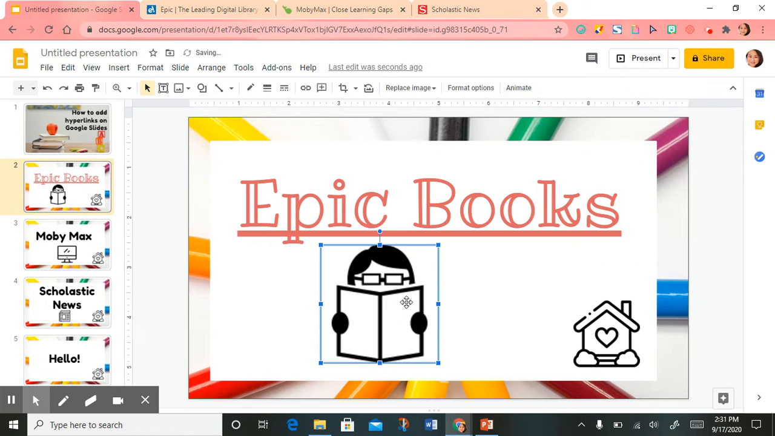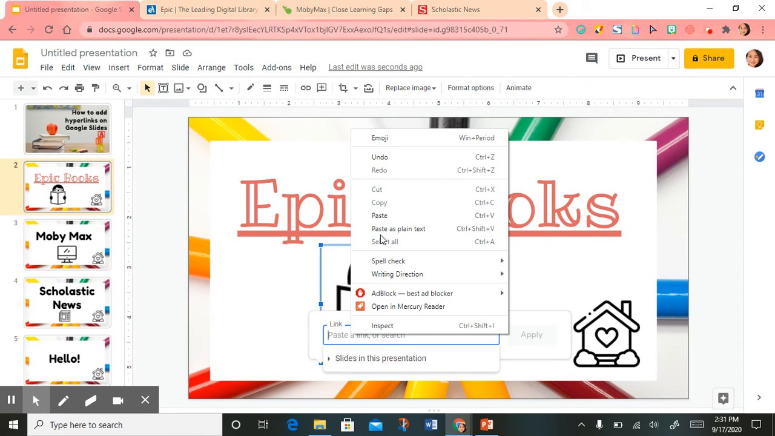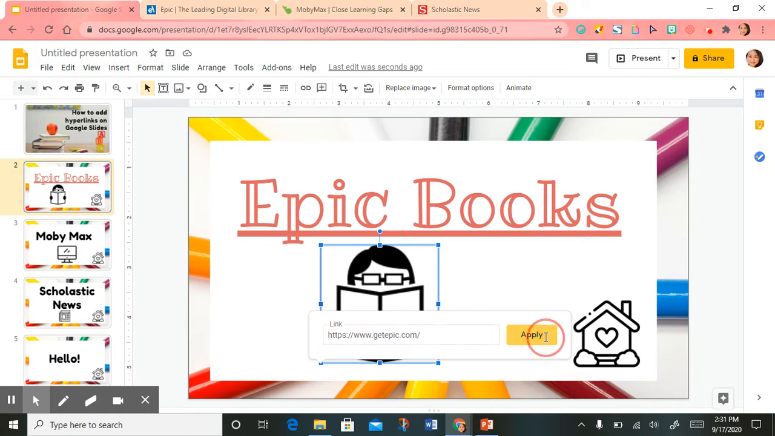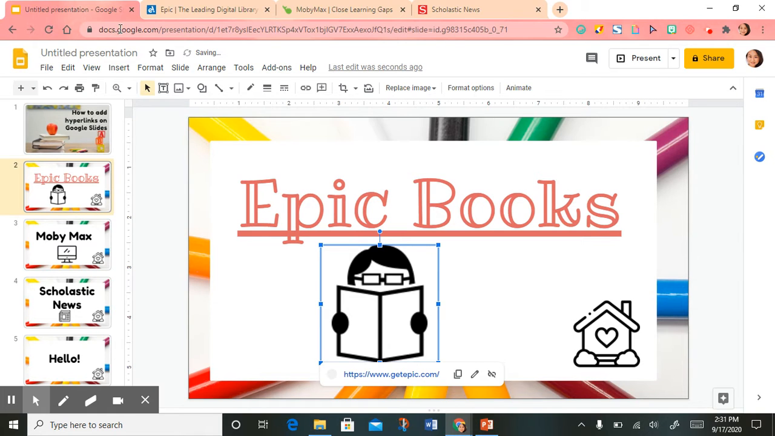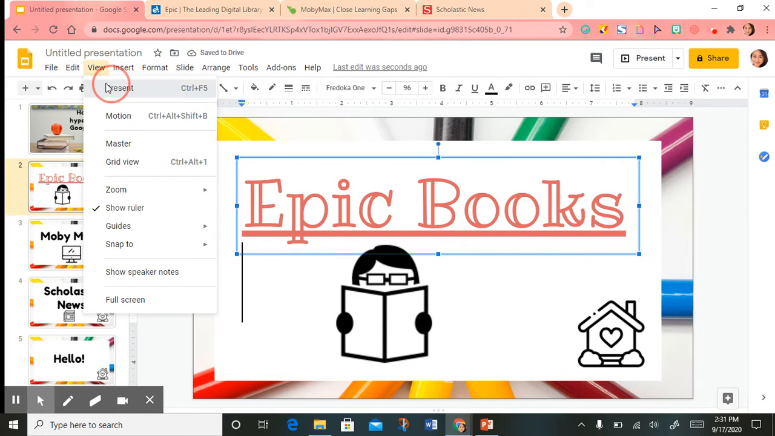I'm going to do the same for this little picture. Same thing. I'm going to select that button that says Insert Link, paste the website, and select Apply. That way, if I go to View and Present,